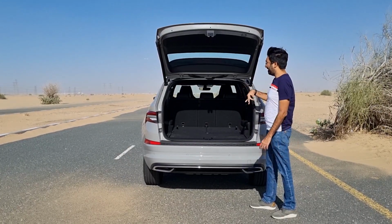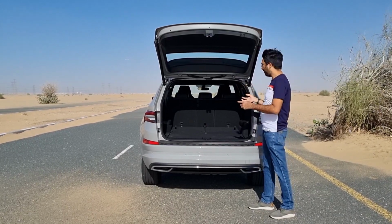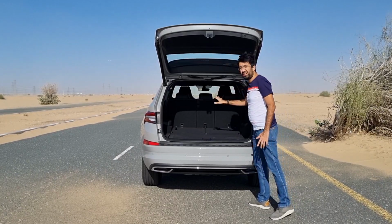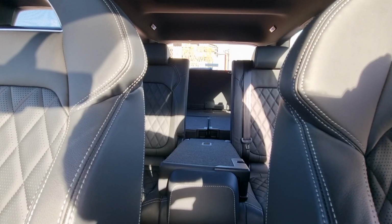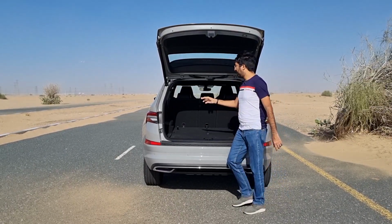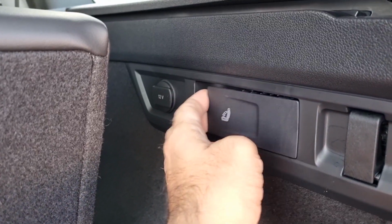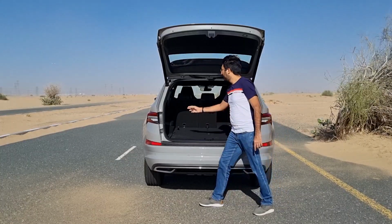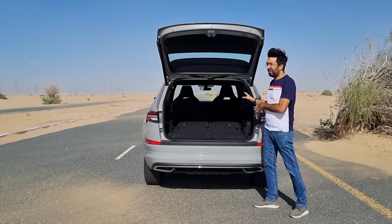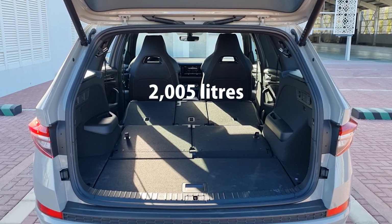And not just that, you can even fold down the second row of seats in a ratio of 40:20:40, but when I fold it from here it will be 60:40. You have to go in the middle and then make that hand rest fall down. But you can do that from here too. So there are levers given in the back on both the sides, so when I just pull them, these seats would fall down. Now when I fold the second row of seats, you can put 2005 liters of luggage,